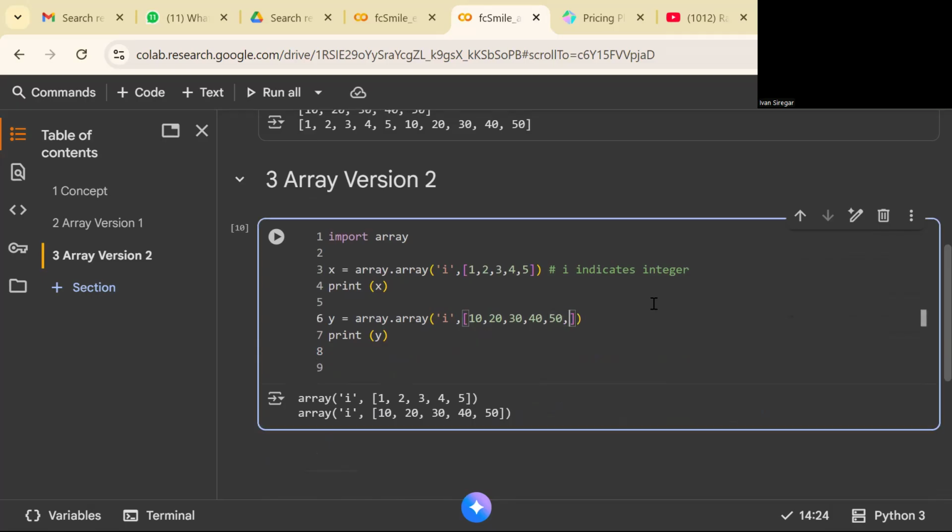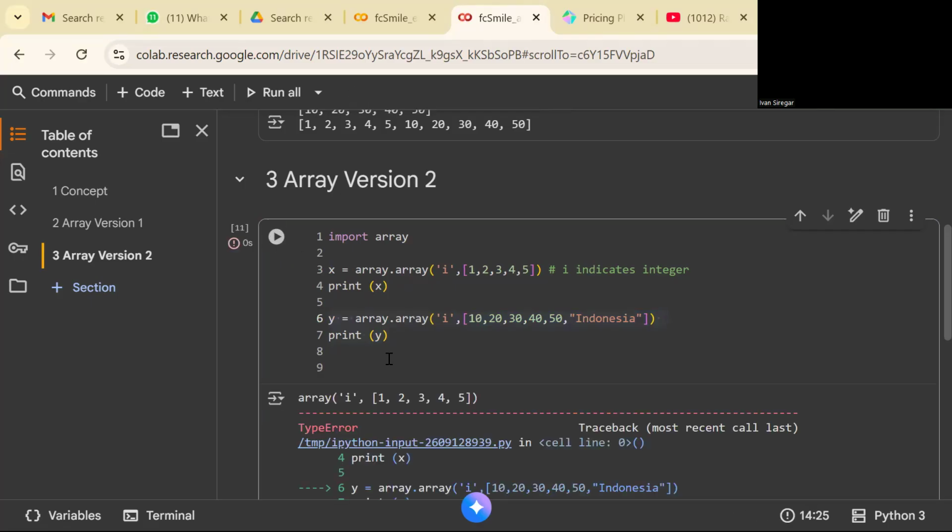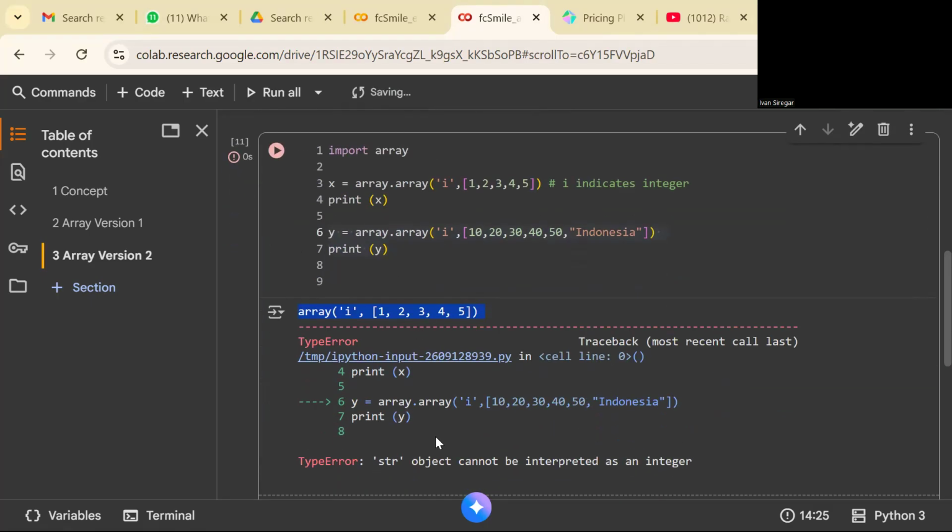Okay. However, when you type Indonesia here, okay, what happens when you run? Okay, but adjust your code. After this, we will be running this together. Well, now we can run. What happened with the X? What happened with the Y? Okay. So X, okay, no problem. It's already displayed here, 1, 2, 3, 4, 5. However, the Y has a type error message here because the str stands